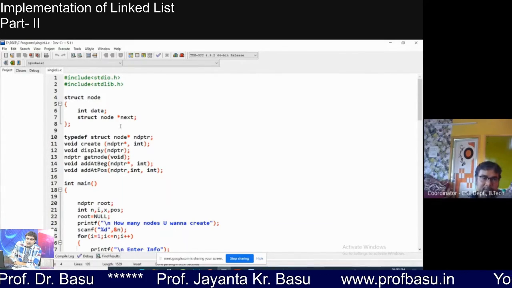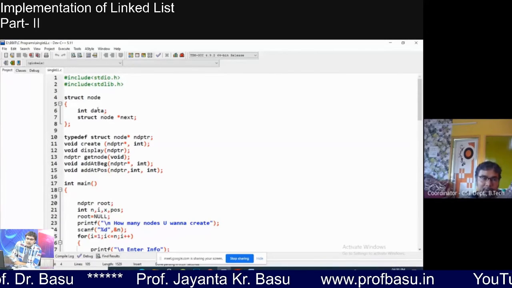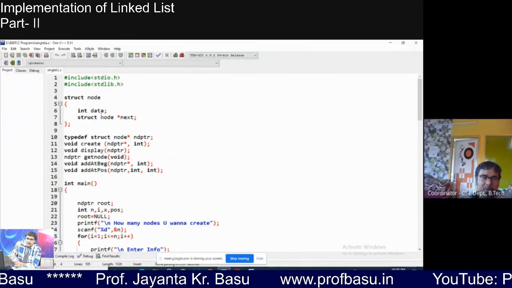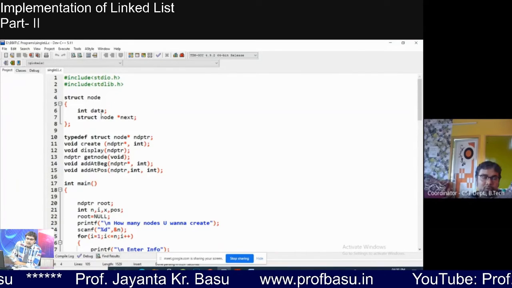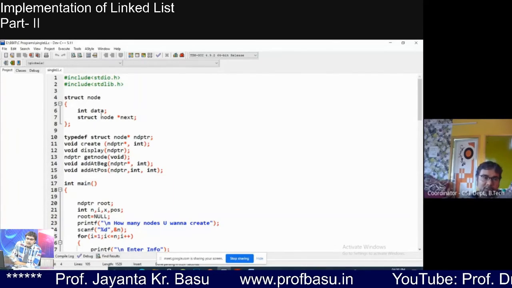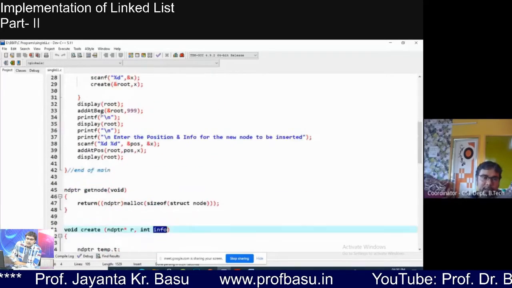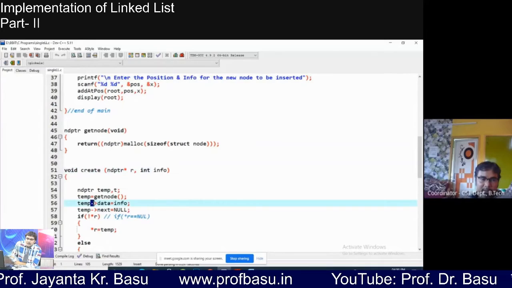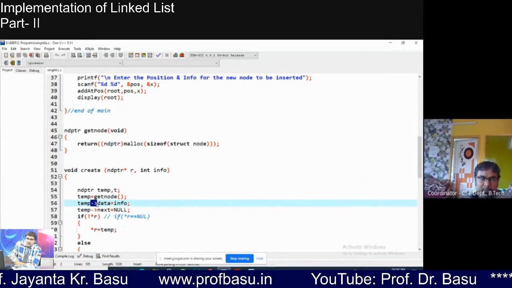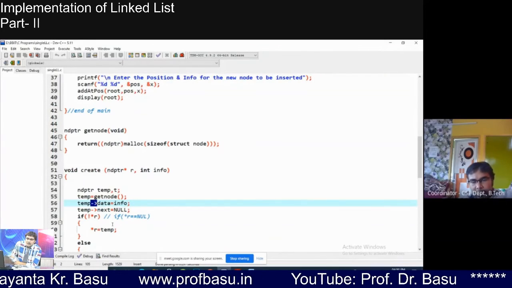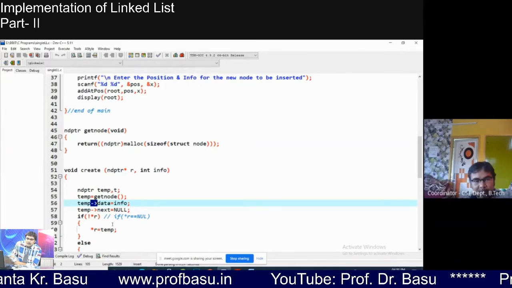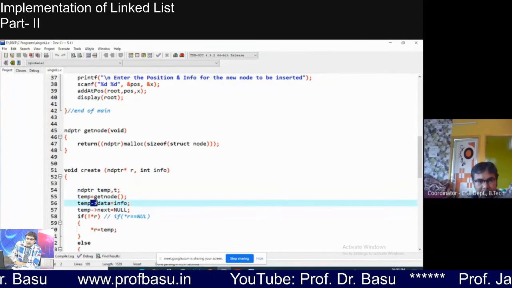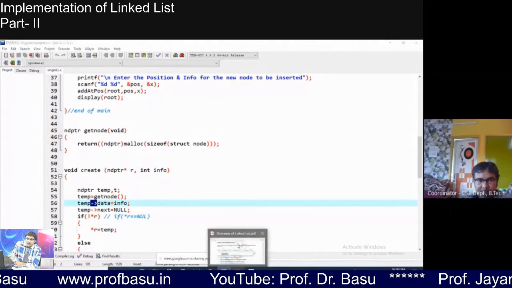So to access the member of the node through a pointer to structure variable, we must use the arrow operator. You can write this operator by pressing the hyphen key and then the greater than symbol on your keyboard. Got it? So temp arrow data means this part.